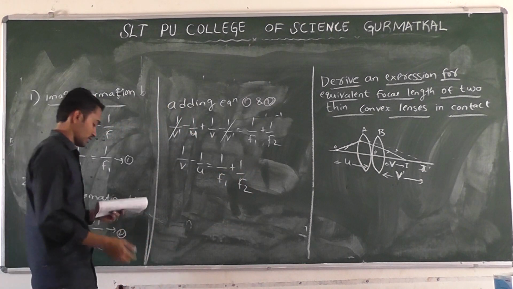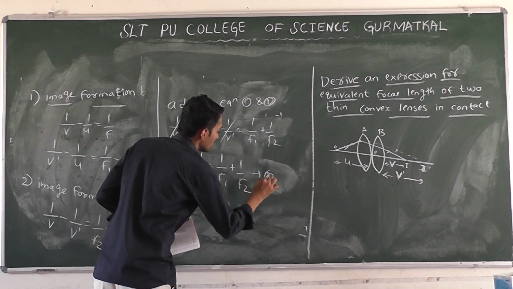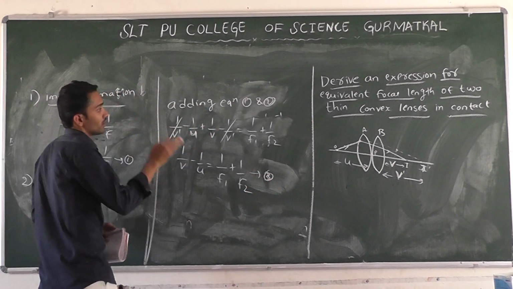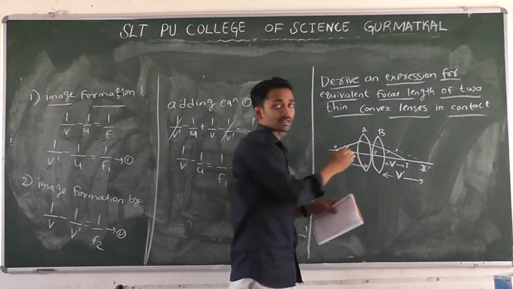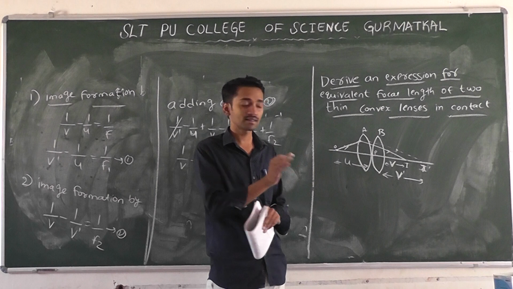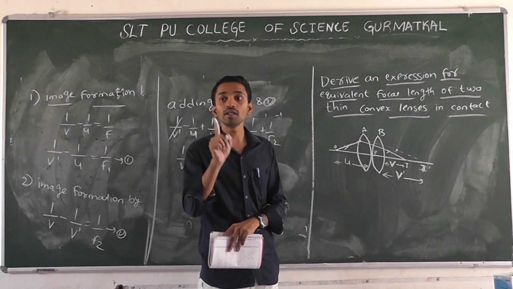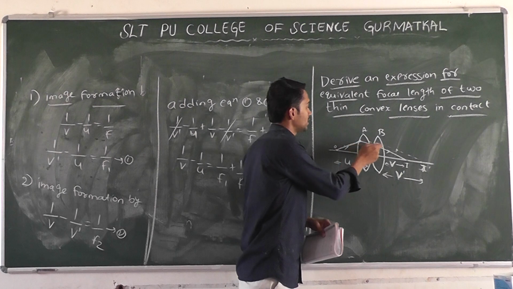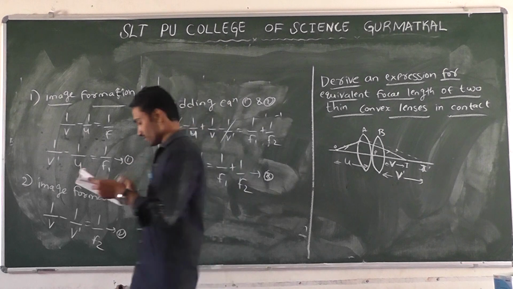And next, consider equation 3. Next, the two lenses are considered as equivalent to a single lens. We have to consider these two lenses as combined. These are not two lenses; after combining them, only one lens is there. We have to assume that A and B are only one lens in the final case.